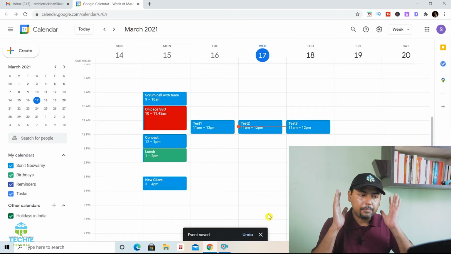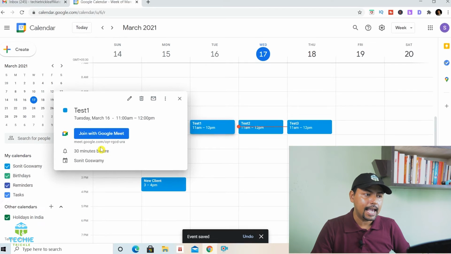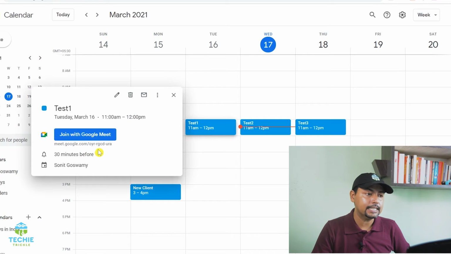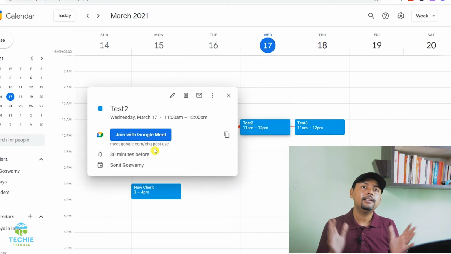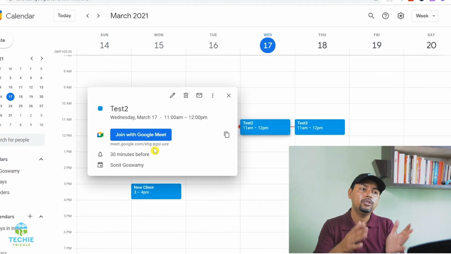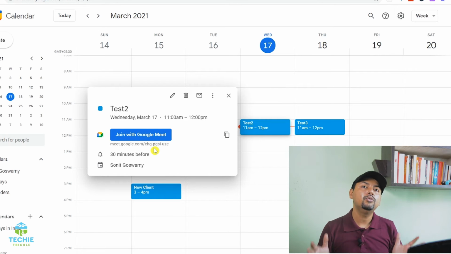Now the part that you just need to understand, or verify here, is you click on test 1 and see what is the code that it generates. For example, in this case it is O, Y, R, and then a series of other alphabets, right? And then I go to test 2, and you see that it's a separate code altogether. So basically you are fine. Every time you do this activity, Google Meet is generating a new code for you, and you can go on adding.